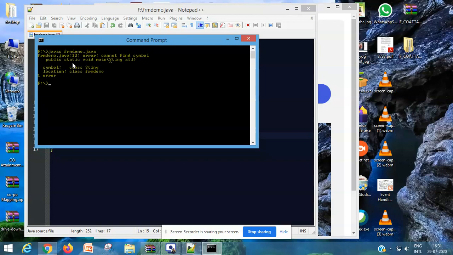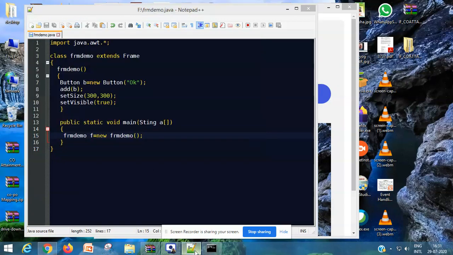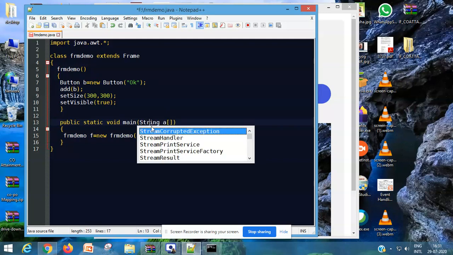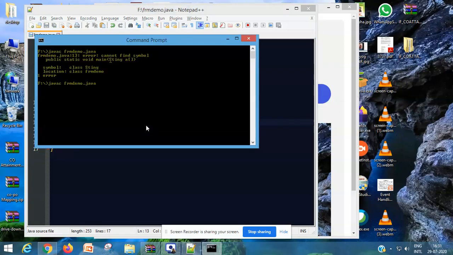Okay, it says cannot find symbol, so here you can write it as String. Save the program again, compile it, then use java frmdemo to execute it.